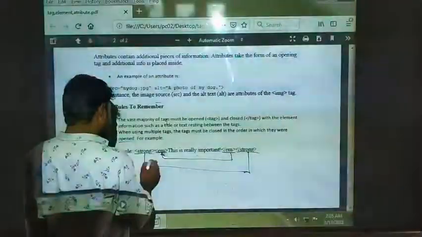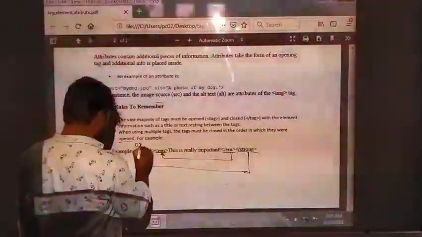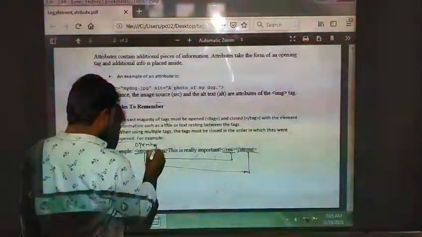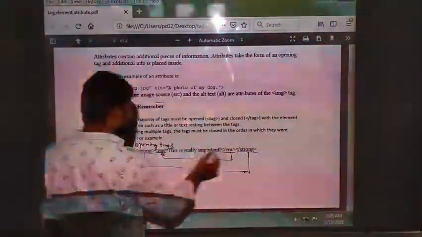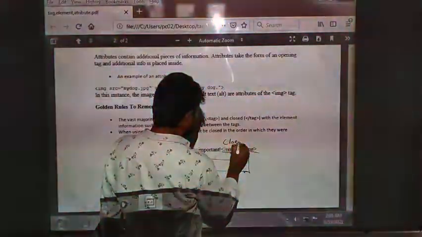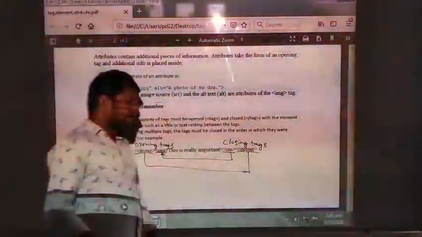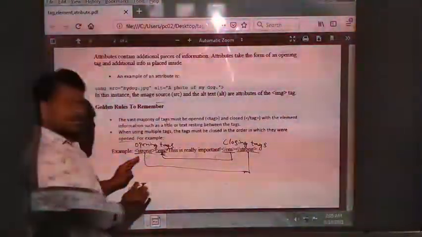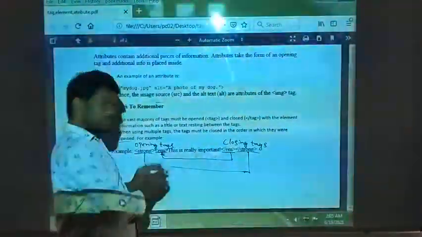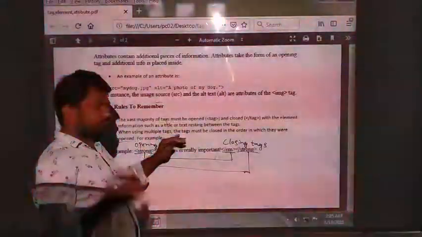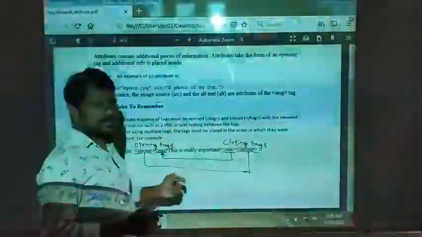Means these two are opening tags, and these are closing tags. First strong is opened, so you should not close the strong first. Depending on its syntax, you have to give the opening tag and closing tag. Just observe once. All the attributes of the image tag are what?